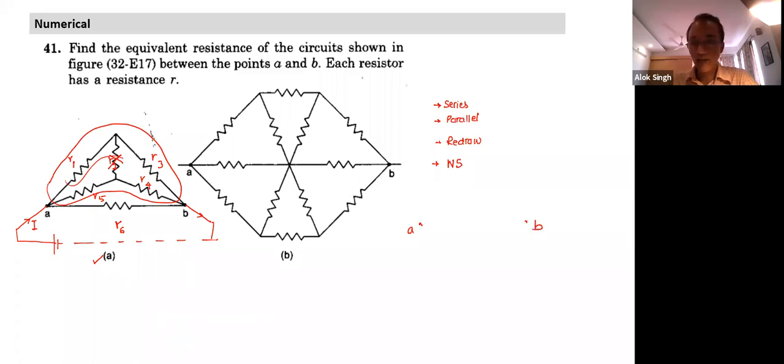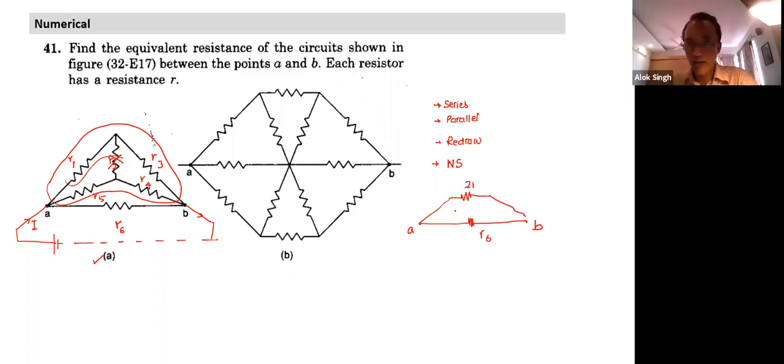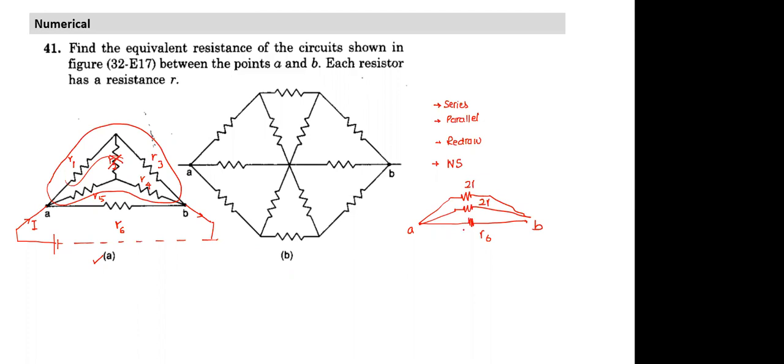A and B circuit is this is R6, but R1 and R3 put together, they become series. They become equal to 2R connected between A and B. So this will become equal to R by 2 would be the answer. 2R here, and another one also 2R, and 2R and 2R becomes R and R, and then we can easily calculate R by 2 also. All of you can do that.